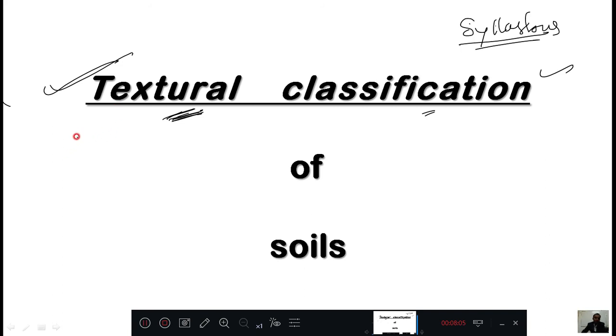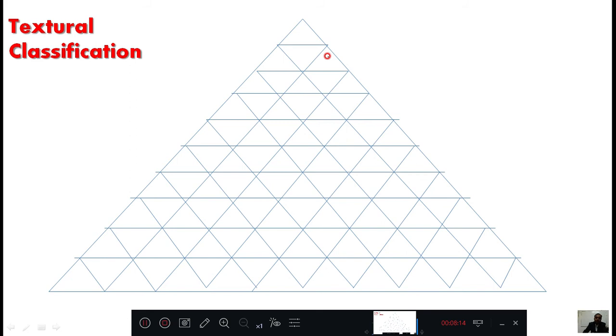This textural classification means we are not considering the particle size and all. Here we are seeing the texture of the soil and we are going to classify that. For that we have two different approaches: one is the agricultural point of view and the second one is the engineering point of view. Because in agriculture also they come in contact with the soil, and they also want a classification because they want to grow crops, and they check the suitability of the soil for growing crops. And we engineers build buildings on the soil, and we want the soil to be good with respect to load carrying capacity and all.